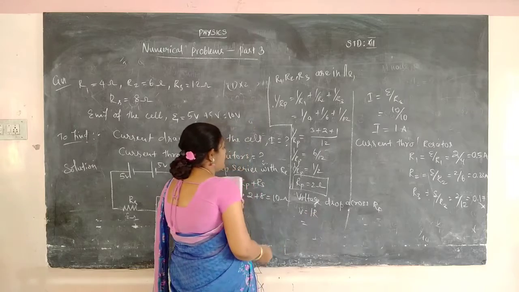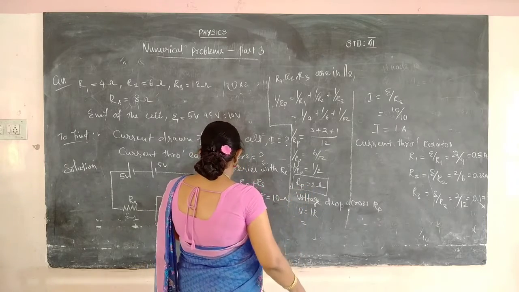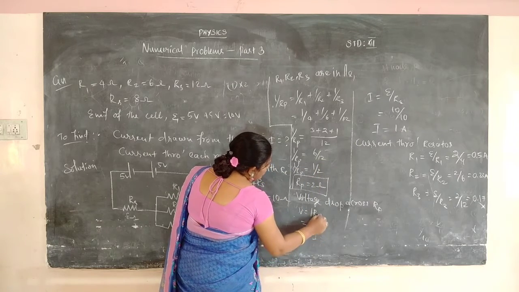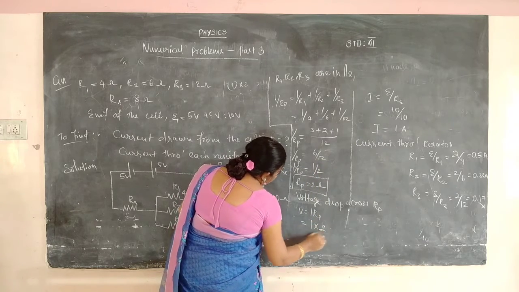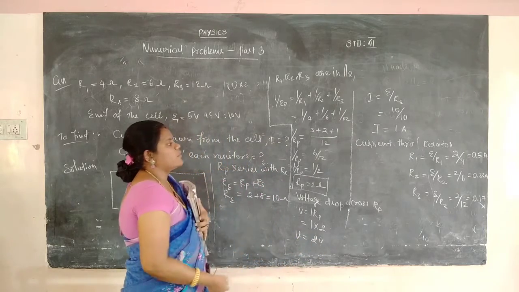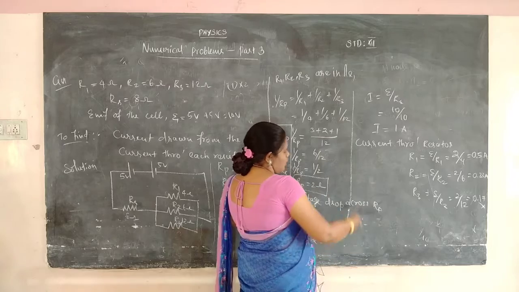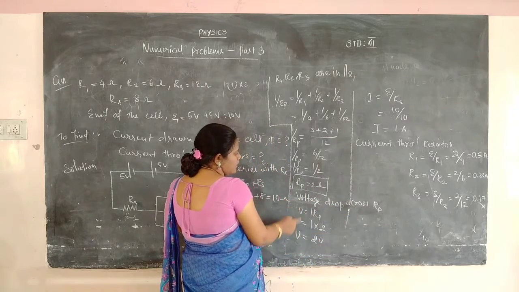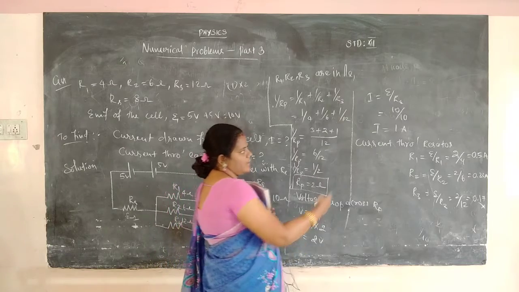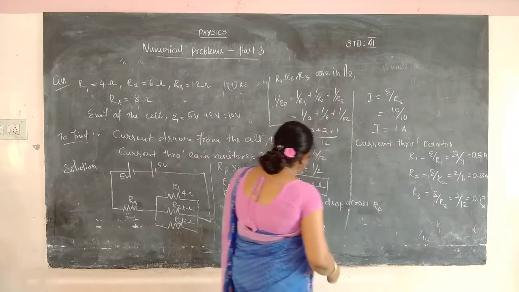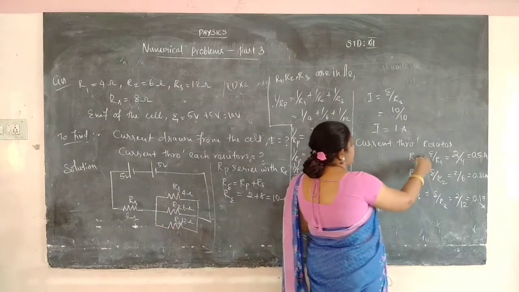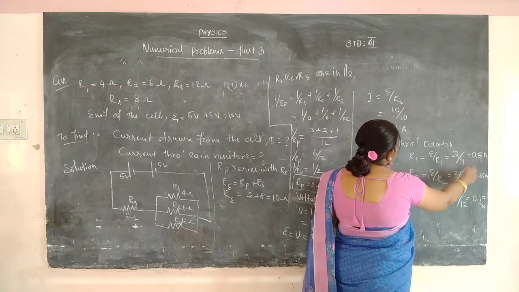Substitute the I value, substitute the R value. R is 2, I value is 1. So 1 into the RP value 2 is 2 volt. Voltage is 2. So now we can easily calculate the current through each resistor. How will you calculate it? In a parallel combination, the voltage is 2 volt. We need the parallel combination voltage, which I have written here as psi. So I1 is psi by R1, 2 by 4 is equal to 0.5.